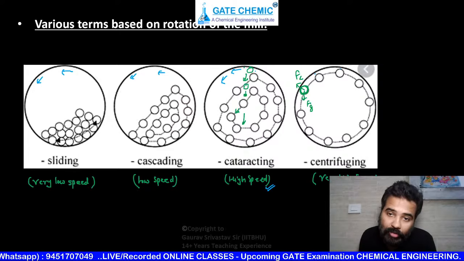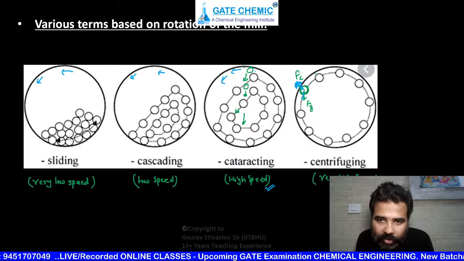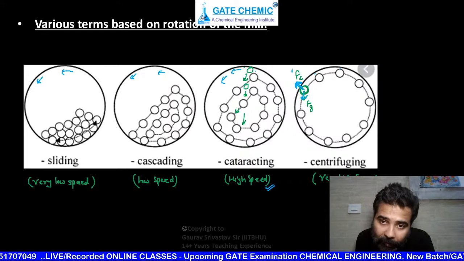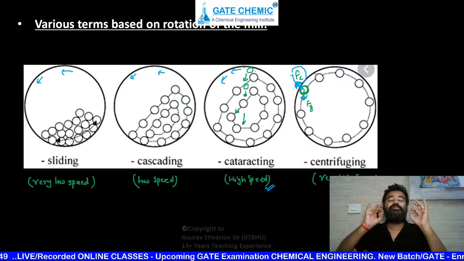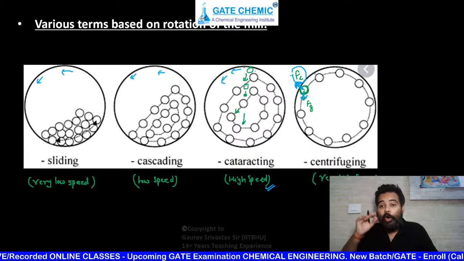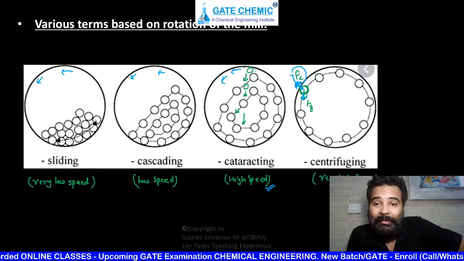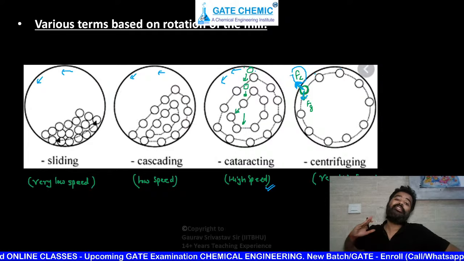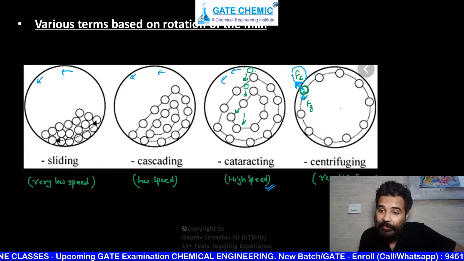Why? Because one force will work there, that is centrifugal force in this direction, and gravity force that is in this direction, and the magnitude of this centrifugal force this time is too much higher in comparison to gravitational force. अभी सेंट्रीफ्यूगल फोर्स की वैल्यू बहुत ज्यादा हो गई है ग्रेविटेशनल फोर्स से, इसलिए ये अब गिरेगा ही नहीं. They are now stuck, they feel like stuck to the wall, and this phenomenon is known as centrifuging.